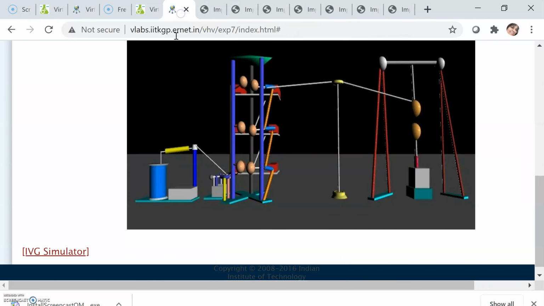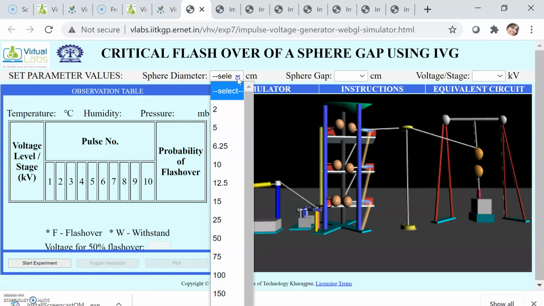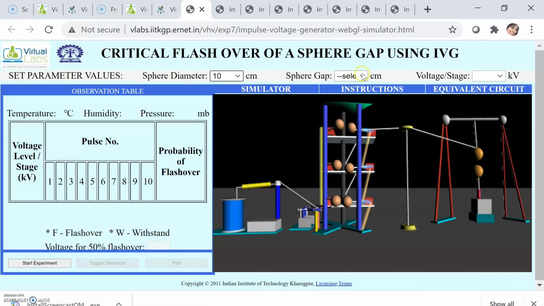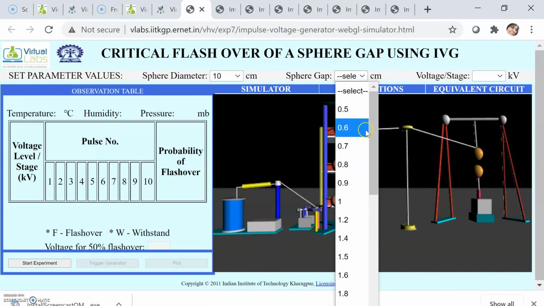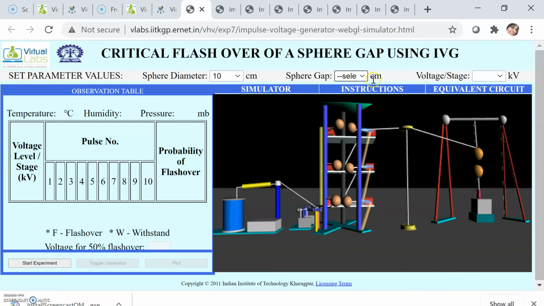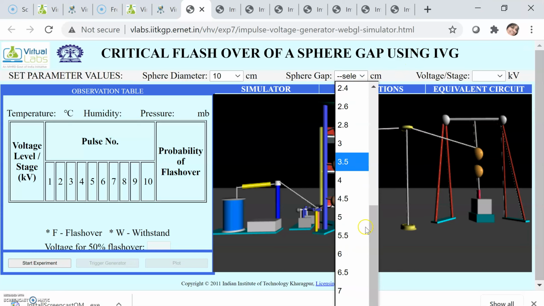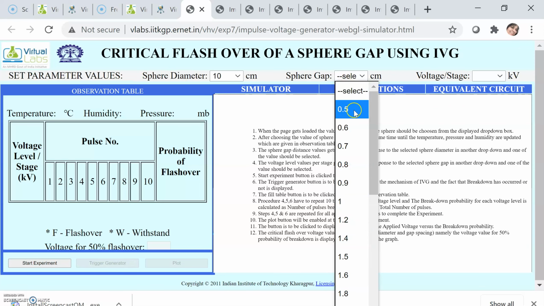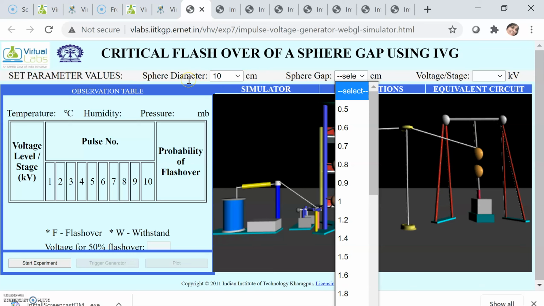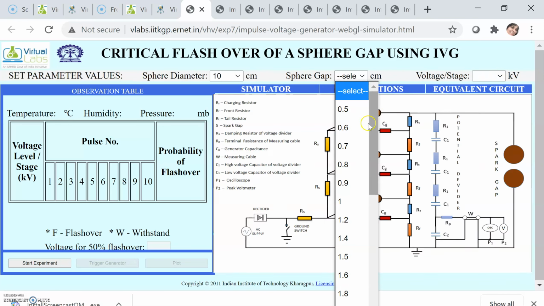Now check again with the same values but a larger diameter. I will select 10 and take the same gap distance, but 0.2 is not coming now. The 0.2 centimeter gap distance option is not there. So you can select any gap, observe the effect of gap distance, and tell me. You will find the effect of gap distance, the effect of diameter, and the breakdown strength of air. I want these 3 conclusions from you, and then we will discuss them.